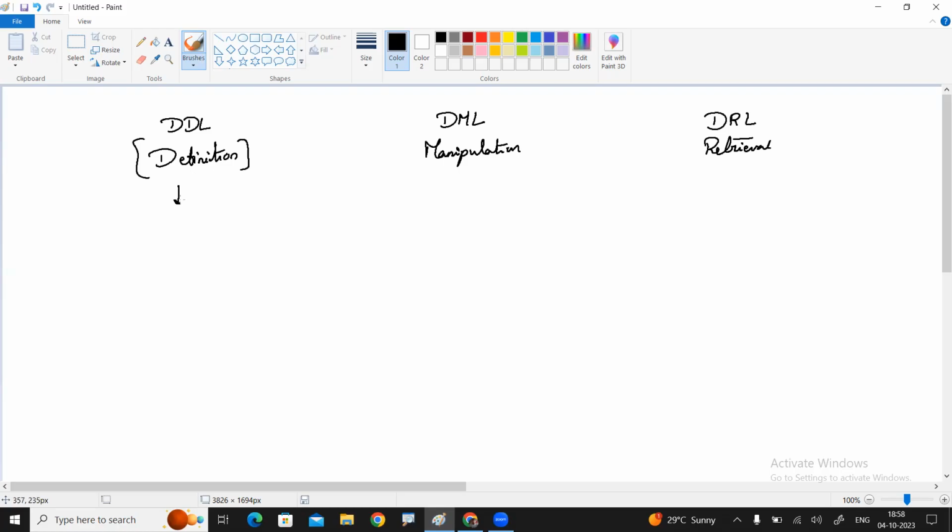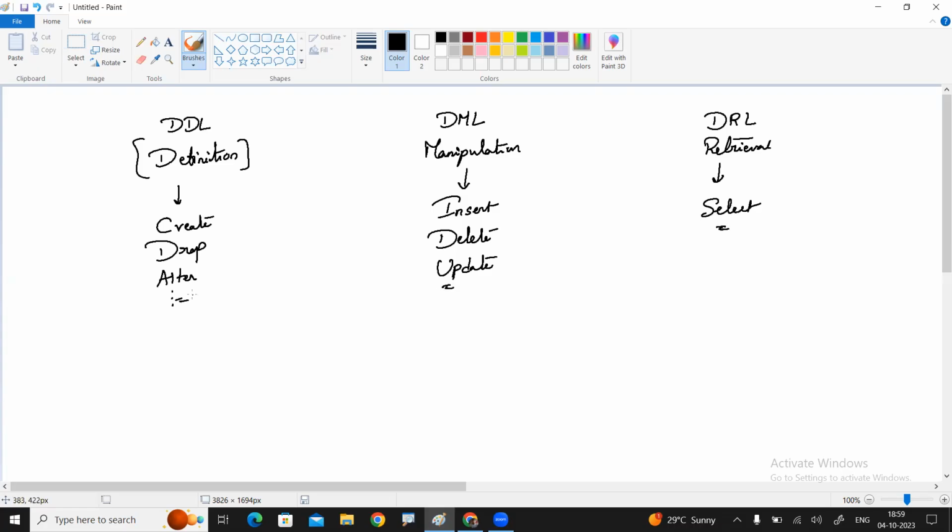Data definition language means create the table, drop the table, alter the table, truncate operations and so on. Manipulation means insert data into a table, delete records from the database, update records. Retrieval means select query.